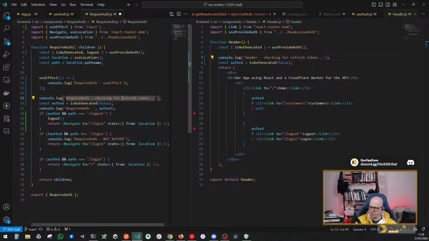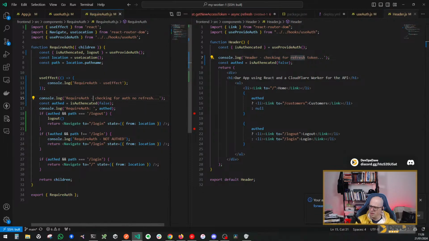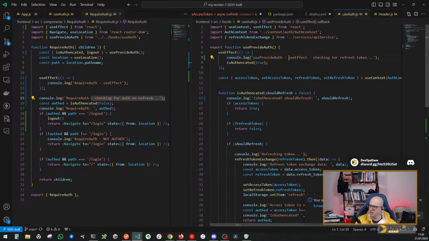Checking. This one's actually checking for all, no refresh. Let's just say no refresh. This is checking for, the header is checking for auth, no refresh. Actually, all these are no refresh now. No. The use effect is still